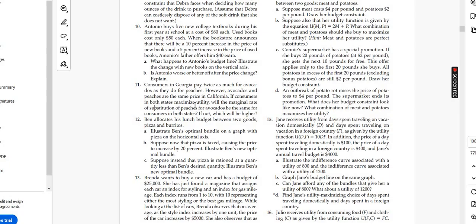इफ कंज्यूमर इन बोथ स्टेट्स मैक्सिमाइजेस यूटिलिटी, आपको पता है यूटिलिटी मैक्सिमाइजेशन की कंडीशन क्या होती है, स्लोप ऑफ बजट लाइन शुड बी इक्वल टू स्लोप ऑफ इंडिफरेंस कर्व, MRS शुड बी इक्वल टू स्लोप ऑफ बजट लाइन। अगर उसको यूटिलिटी को मैक्सिमाइज करना है, विल द मार्जिनल रेट ऑफ सब्स्टिट्यूशन ऑफ द पीचेस फॉर द एवोकाडोज बी सेम फॉर द कंज्यूमर इन द बोथ स्टेट, इफ नॉट व्हिच विल बी द हायर। तो हाँ, तो इसका बड़ा सीधा सा जवाब है ना कि